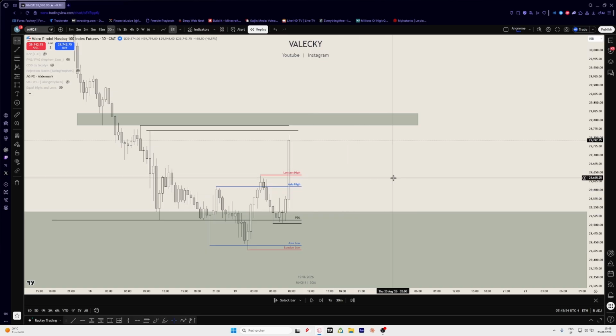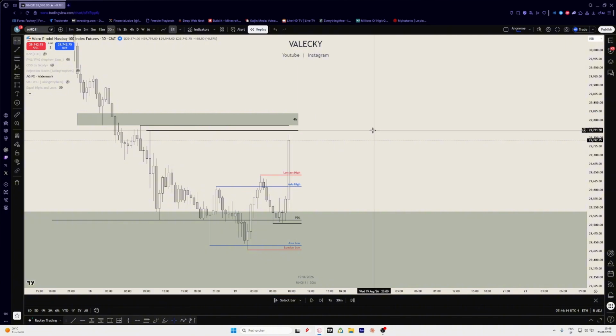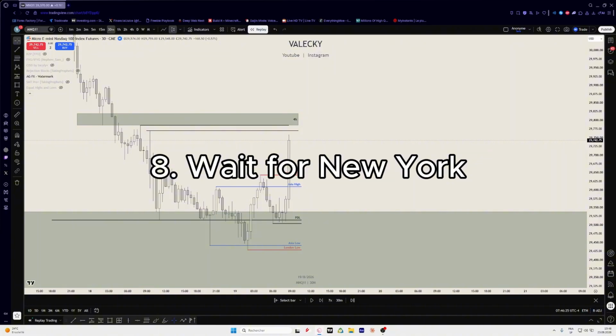Are we approaching a higher time frame fair value gap? We are. It's a 4-hour gap. Alright, so that gives me the context for New York. That's really very simple. Alright, so number 8, which is probably one of the most important parts, is waiting for